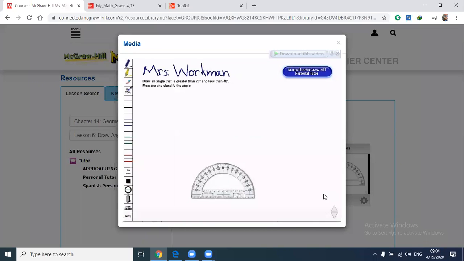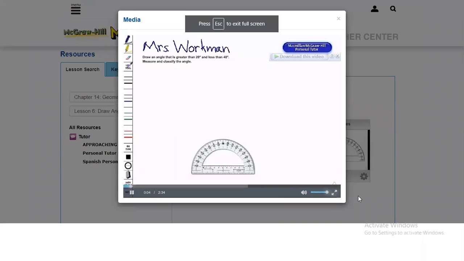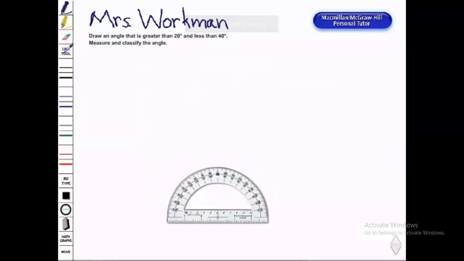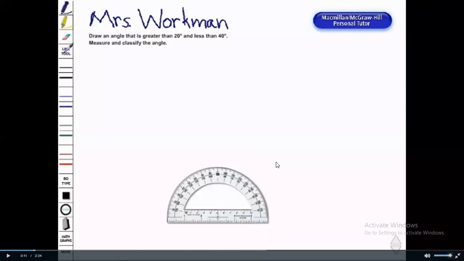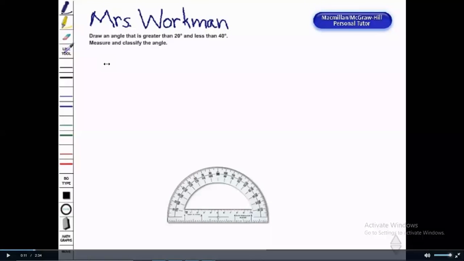Again, the question is: draw an angle that is greater than 20 degrees and less than 40 degrees. Measure and classify the angle. In this video, consider the question here. I will write another question because here she asked to draw an angle greater than 20 and less than 40. I will ask: